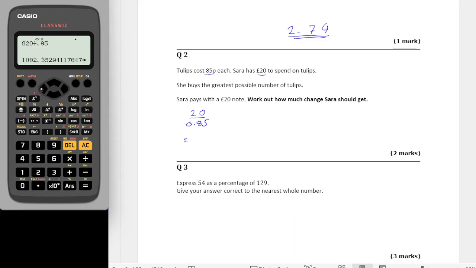So I've mistyped completely there. Let's look at that again. So it should have been 20 divided by 0.85. As a decimal, actually I want this as a mixed fraction just to make that helpful for me. So I'm looking at 23 and 9/17. So I want to work out, if she pays with a £20 note, how much change she would get. So in effect, what I want to work out is